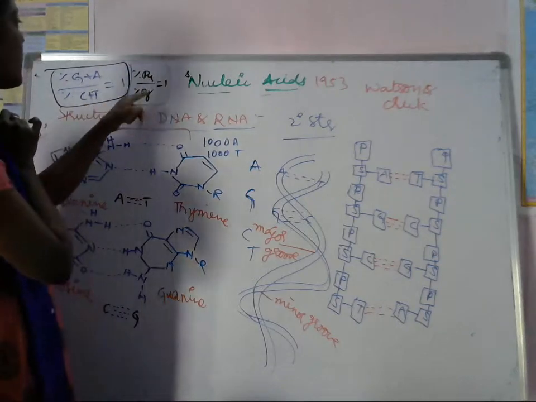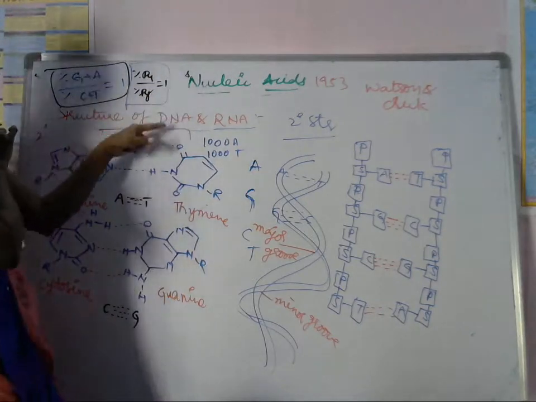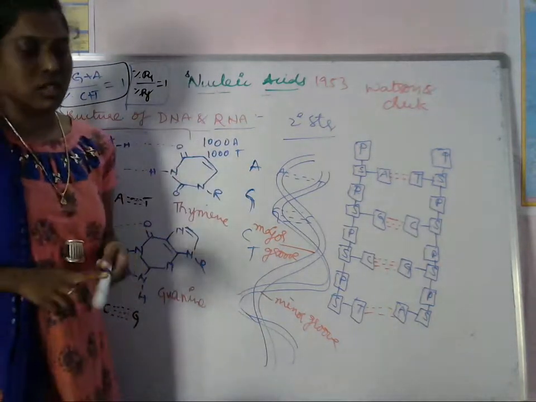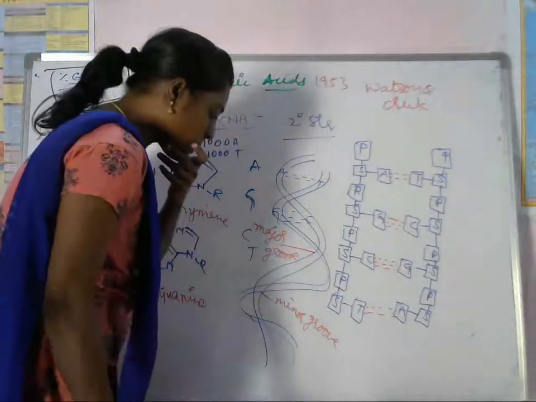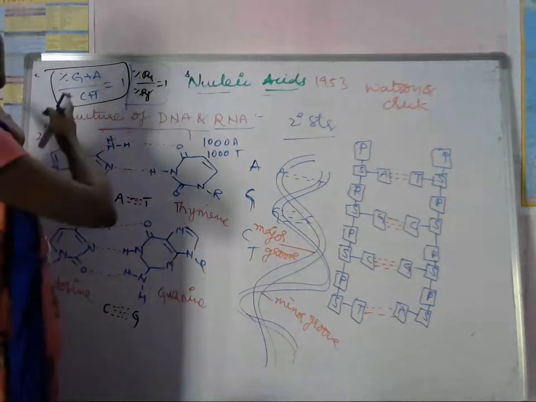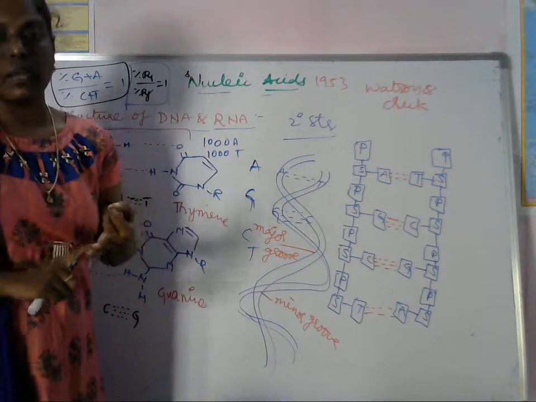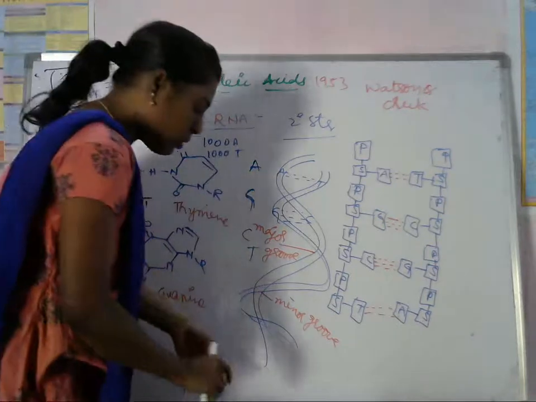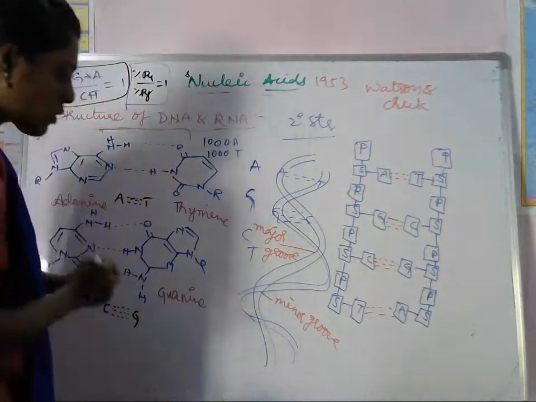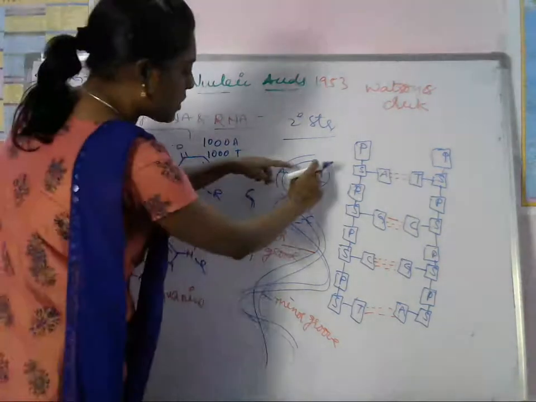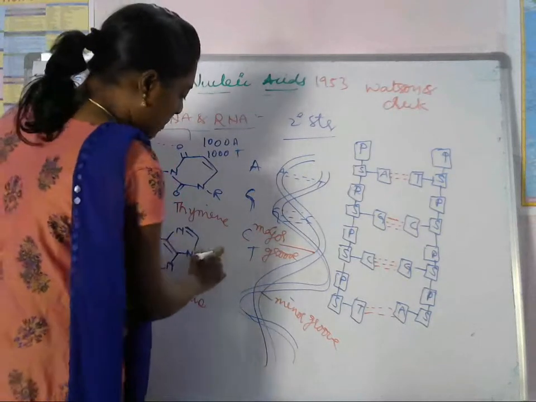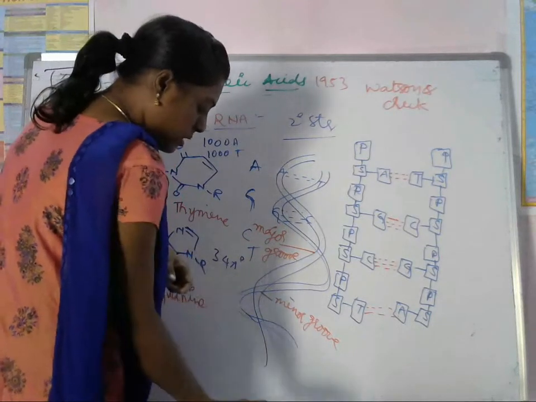Okay, it has to satisfy this: the percentage of purine and the percentage of pyrimidine should be equal to 1. Then only this DNA exists. It is applicable to all the base pairs, which are adenine, thymine, cytosine and guanine. Okay, here what is the bond length? Here there are 34 angstrom units for the repeat distance. If you see here, there is a repeat distance of 34 angstrom units between these.